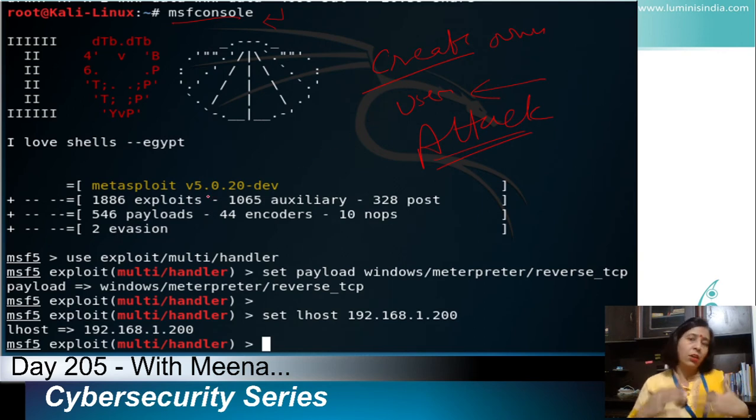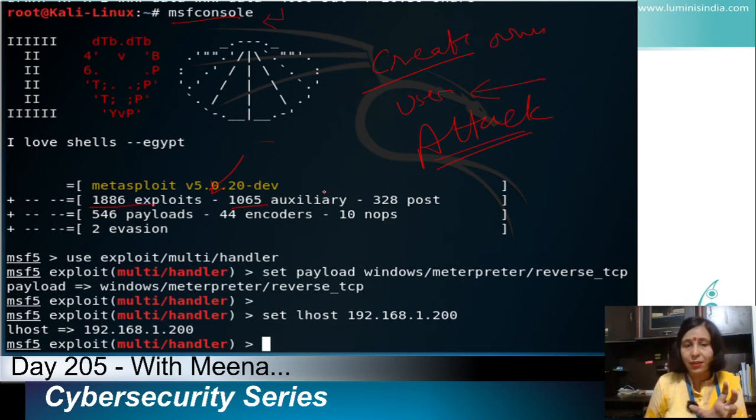And developers are continuously adding new exploits, new auxiliary modules, post exploitation modules, and payloads. So they are increasing the numbers, and you will find them change. Maybe you are using another version, the latest version or a previous version of Metasploit. The number of exploits you can see here is 1886.